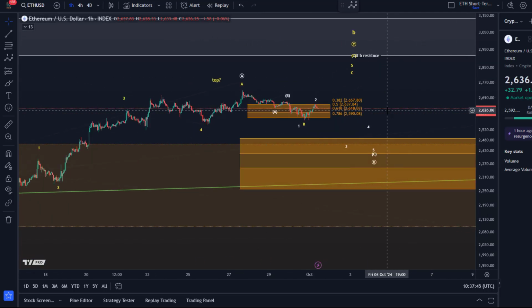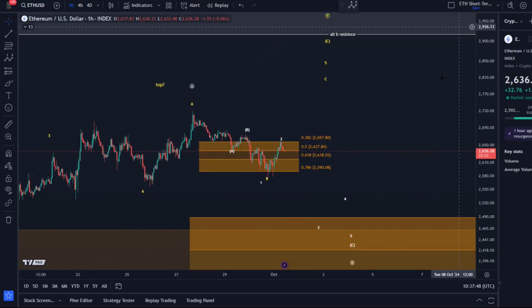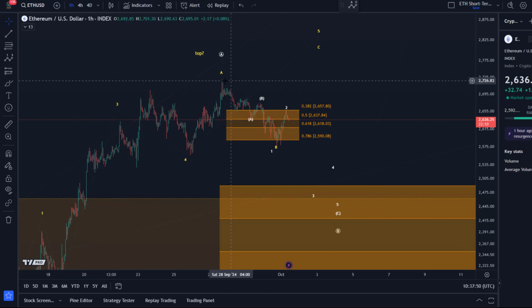We haven't broken support, and I haven't got a very clear 5-wave move down yet, but I highlighted to you yesterday that as long as we stay below that 2,674 level, there is absolutely no sign that a low has formed, okay? And there also hasn't been any impulsive price action from the support area. So that keeps the trend down at the moment, locally from the Friday high.